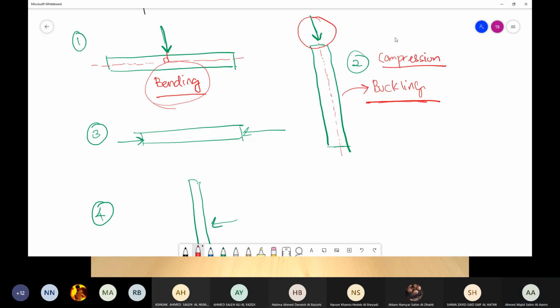Now number 3, once again we need to see your major axis. So this is my major axis. What will happen here? Compression is going to happen first. After compression it will buckle. Why? Because my load is parallel, or on the same line, as the major axis. Are we clear?